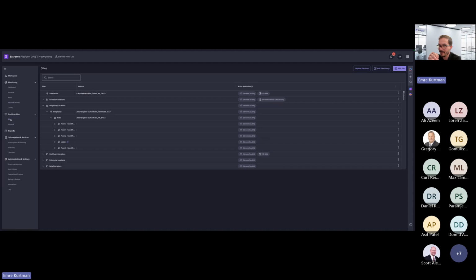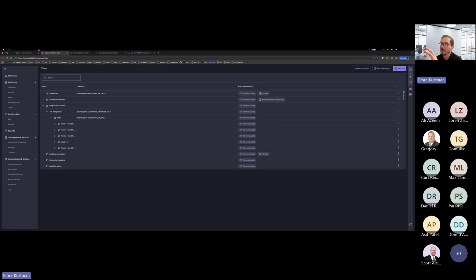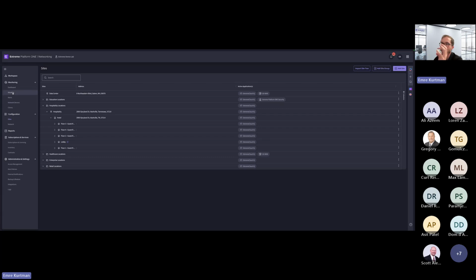It is very seamless when you have an XIQ account already up and running. If you have the Extreme Platform One licenses with the same instance, you open up the Extreme Platform One URL, and then everything, all the locations, all your network devices which are already running in XIQ, they should show up in EP1. So this whole framework is based on what we call common services. Common services, location is one of them.